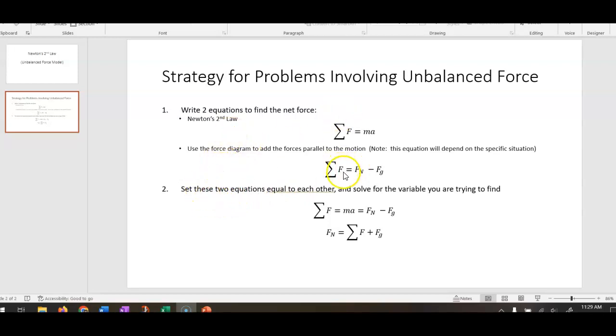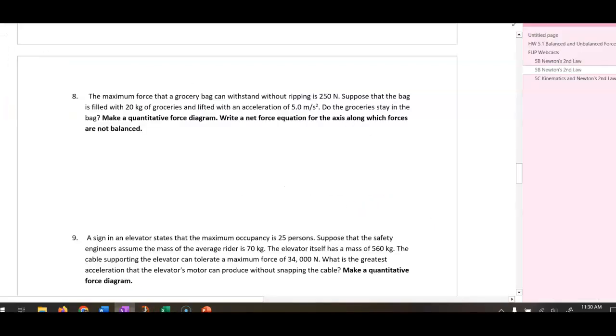And then once you have these two equations to find net force, you're going to set them equal to each other, and then you will solve for the variable that you're trying to find. Okay, so let's go over to Worksheet 5B and continue with some of these problems. The first one is number 8 in this worksheet, and here we're talking about a grocery bag, and the